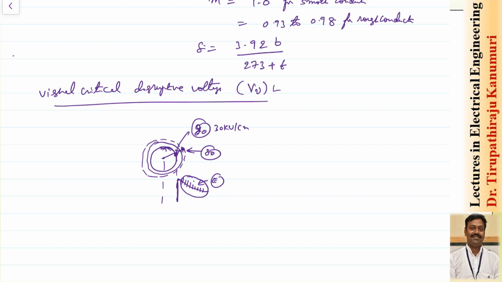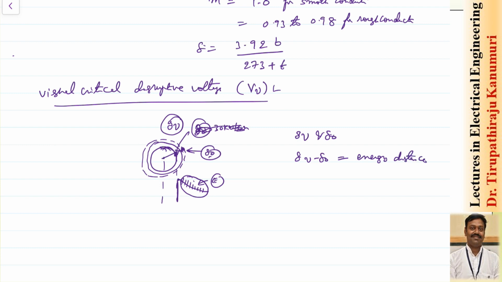So obviously we can tell if G naught is here, automatically the value of the gradient on the surface will be greater than this. So the value at the surface will not be equal to G naught, it will be equal to Gv. That means only if the value of the gradient at the surface of the conductor is equal to Gv, then the visual corona will come. The gap between Gv and G naught, or Gv minus G naught,